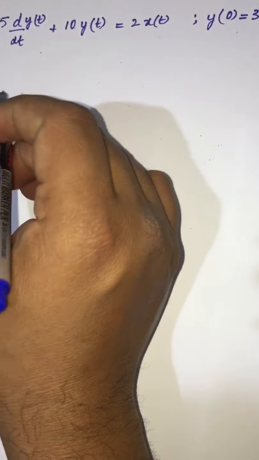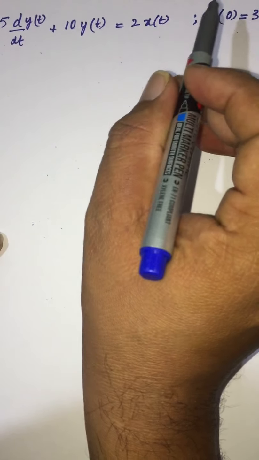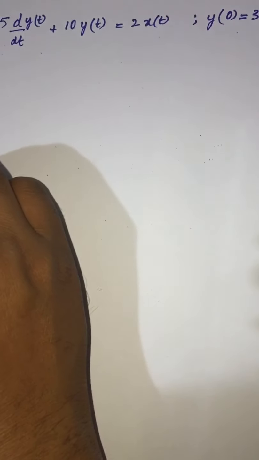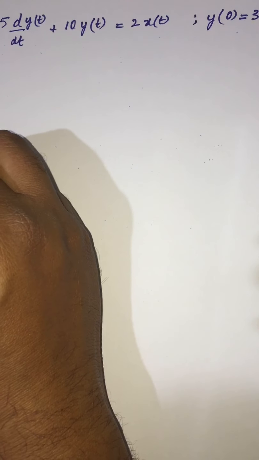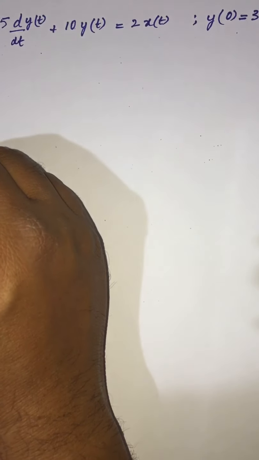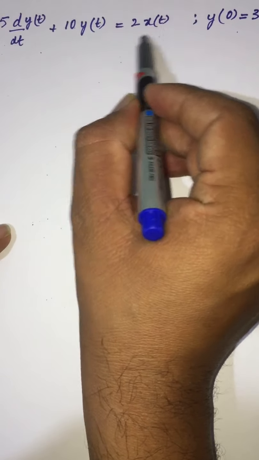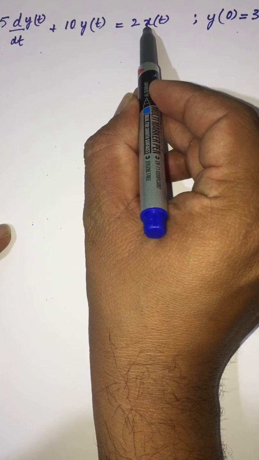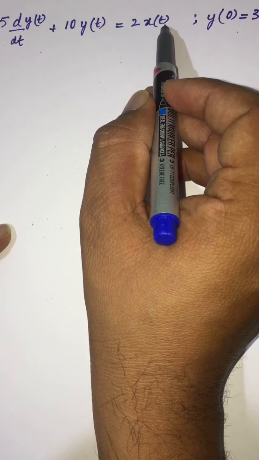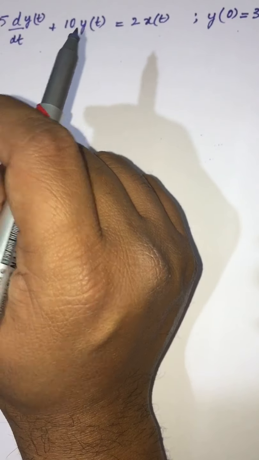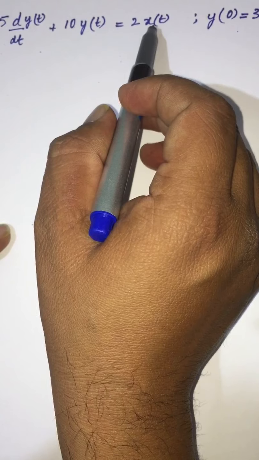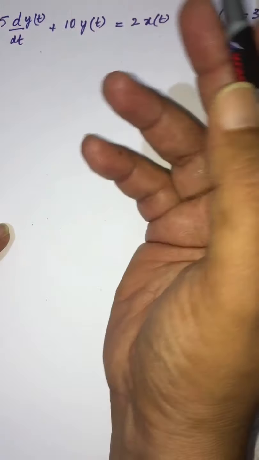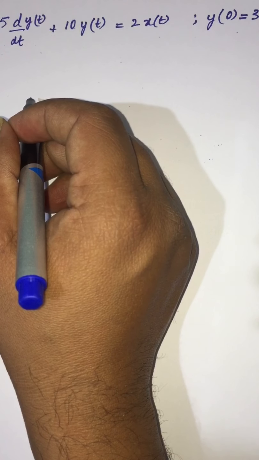Now they are asking us to find the natural response for this differential equation. The first and foremost thing that we need to know is that this natural response is also called zero input response. Even though the input is given in this question, while solving to get the natural response, we are supposed to make this input x of t equal to 0. Therefore, natural response is also called zero input response, and forced response is called zero state response. We will come to know that when we deal with forced response.